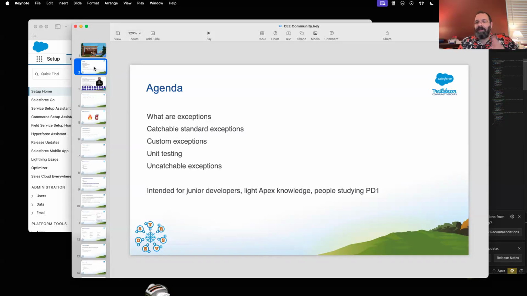I think everyone in the audience is probably applicable for this. Everyone here is studying PD1, Dev Bootcamp, so you're all the correct people in the room. I gave this presentation at Midwest Dreaming 2 years ago in 2024, and some admins were in the room, so I wanted to set the stage.